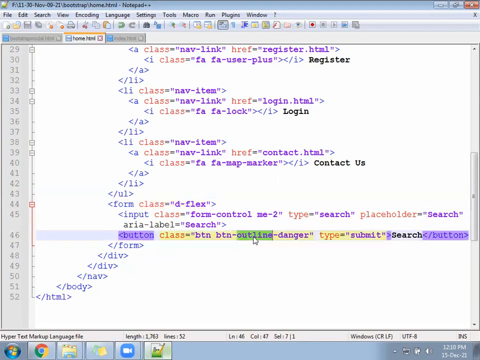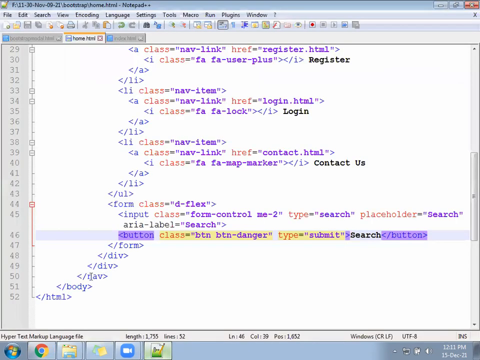The outline I have given, so now it is coming. Or if I remove outline, directly red color will come. Button danger. If I keep only button instead of outline, it will come in complete red color by default. So in green, it will be visible clearly. Whichever color combination you have, just give the cross color to the red button. If you follow green, then follow red. If you follow maybe danger, then follow a light different color combination.